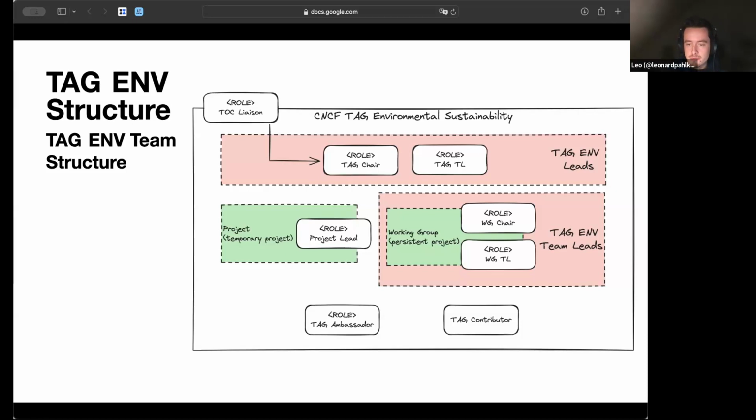And in those projects, we also have chairs and tech leads. There are some obligations, as I said, and they're defined in the role governance file, if you're really interested. But usually you can define the role a little bit as you would like it. So tech lead does not need to mean that you're coding the entire time. It can also be a more communicative role, basically however it makes sense for the tag.